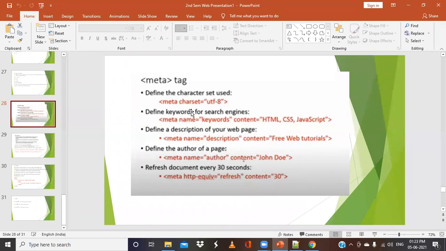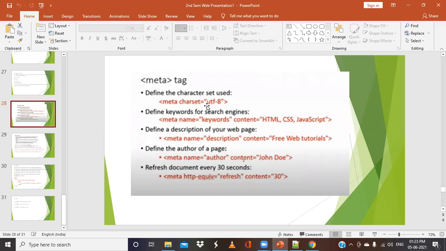When we include these tags, we are informing the browser that we are going to use this charset, and that our keywords will be like this, so that the search engine can easily search according to these words and give the details.